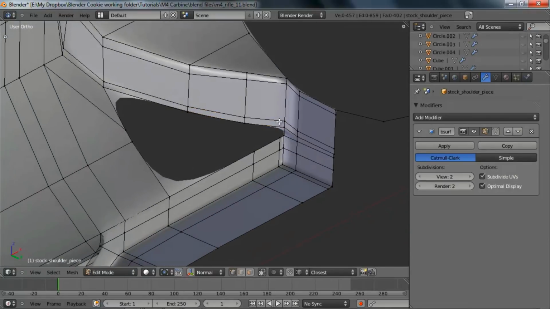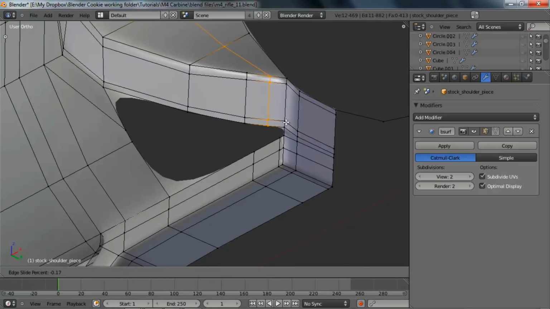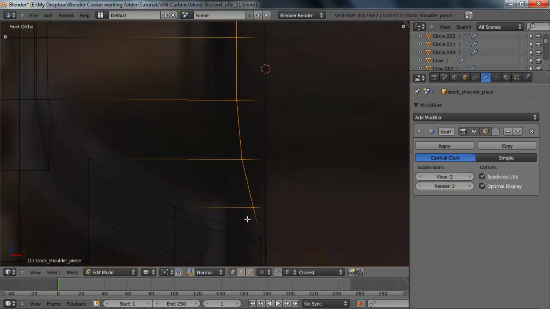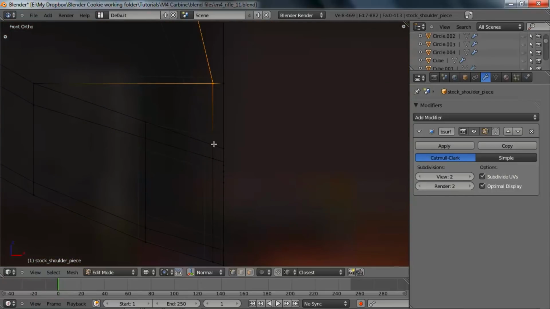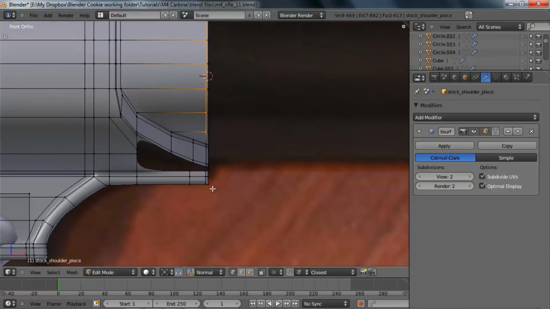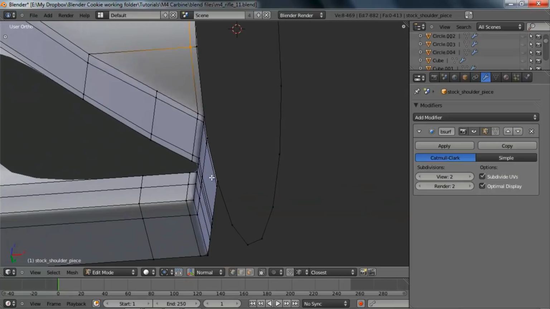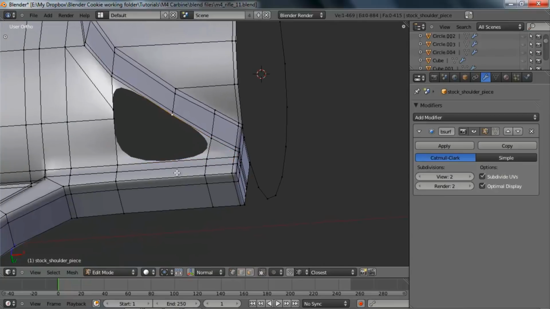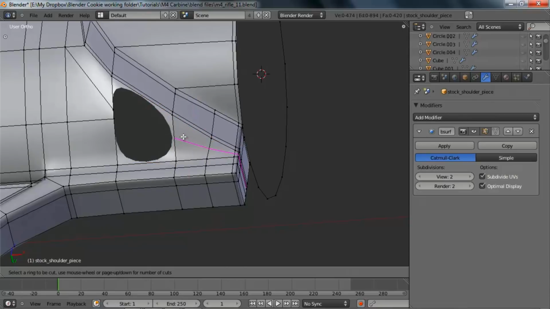And let's just go ahead and add in a loop across to right here, which will deselect these ones and move these along the x-axis to there. Actually, let's scale to 0, and then we'll move them along like that. And then we can fill in a face right here, fill in a face right there, add another edge loop, slide it over to there along the x-axis, fill that, and then we can add in